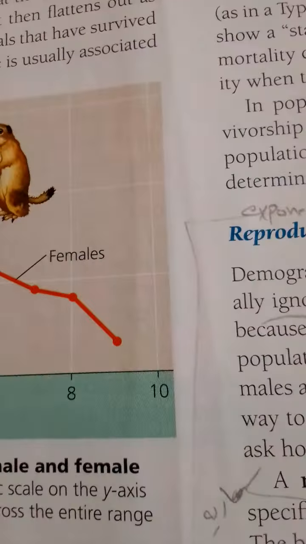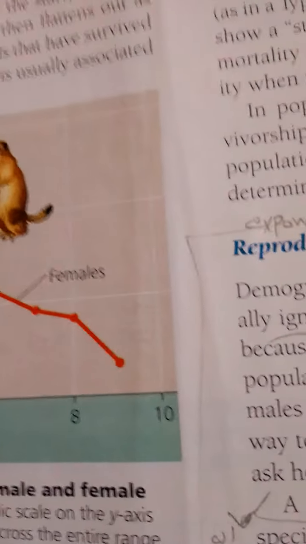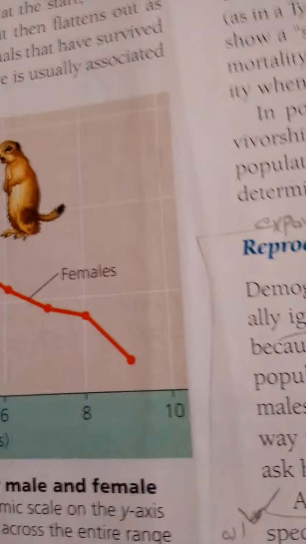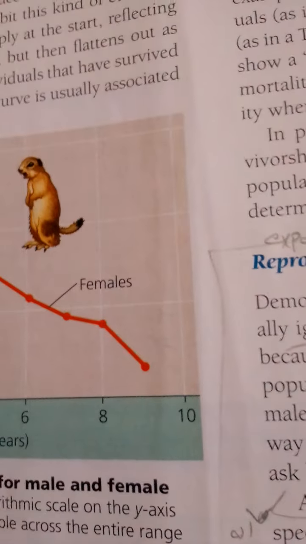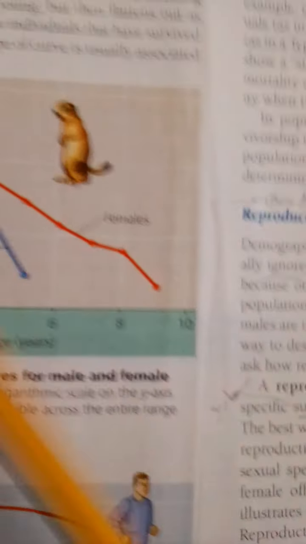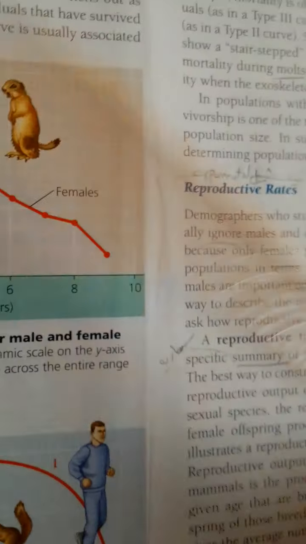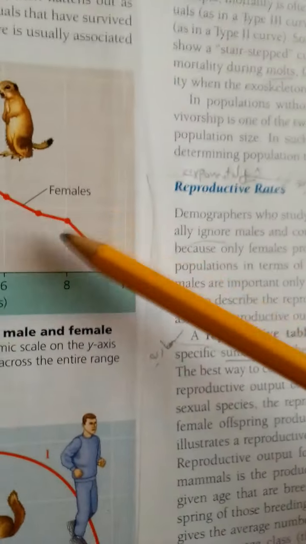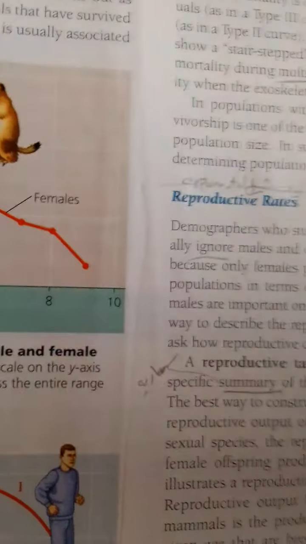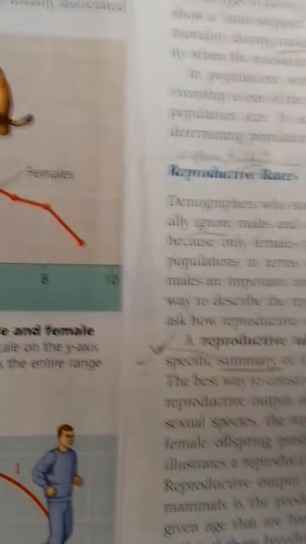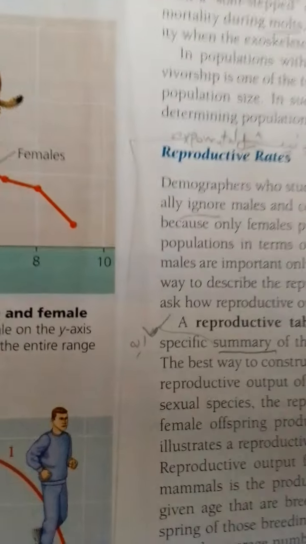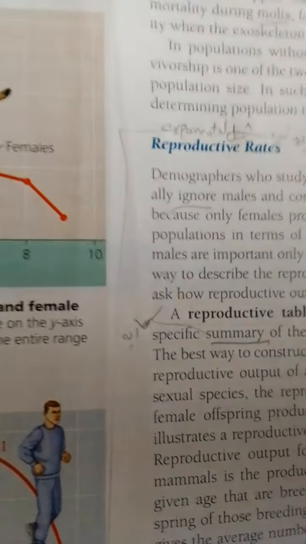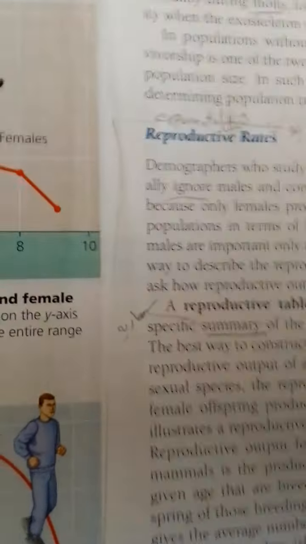Notice the survivorship curves from male and female Belding's ground squirrels. The logarithmic scale on the x-axis makes changes in number of survivors visible across the entire range, 2 to 1,000 individuals on the graph. Number alive at the start of each year, plotting these numbers versus age for female and male Belding's ground squirrels yield